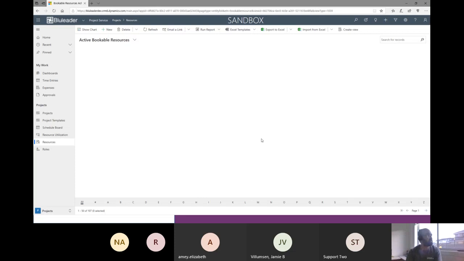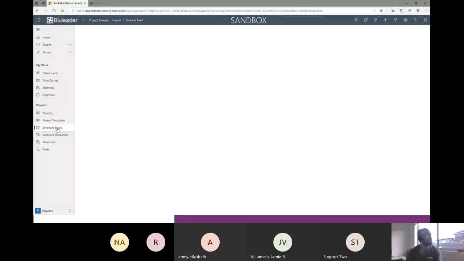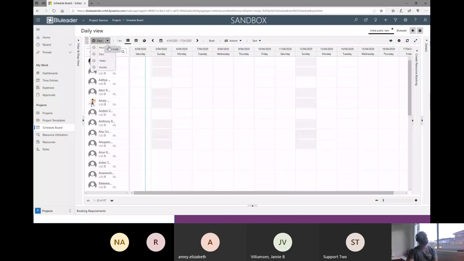After that, I just briefly show you the schedule board. So schedule board is, as we were discussing the resources, gives you a picture of the schedule of your resources. You can have a daily view, weekly view, or monthly view, and it shows you how your different resources, that might be user resources, generic resources, a facility, or a material resource. Everything can come under this,